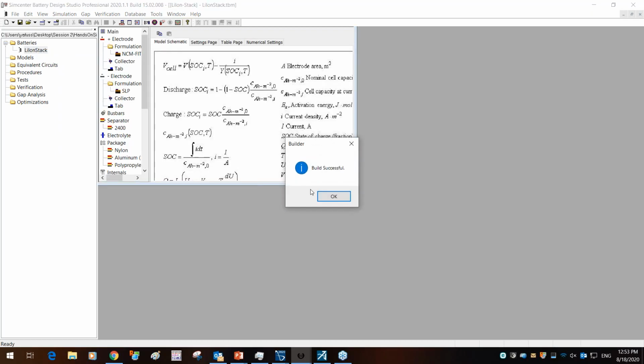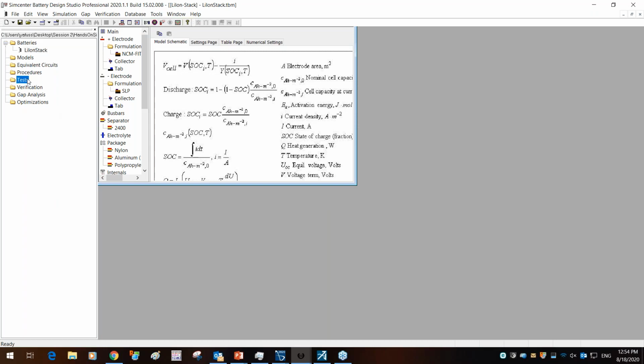So we're going to use this TBM file essentially to push the geometry and the material properties into Star CCM+. But just another note, you can essentially create any test you want in terms of thermal test, oven test. You can also do gap analysis and optimization as well.